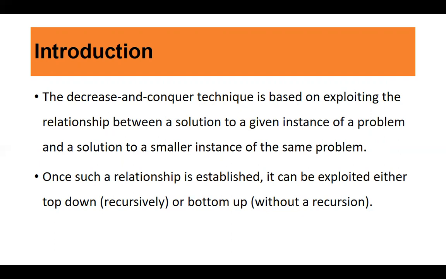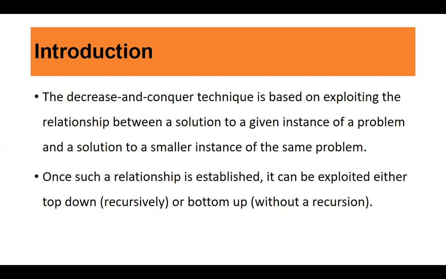As compared to a divide and conquer strategy, the decrease and conquer strategy comes with three versions, whereas in case of divide and conquer, we don't have any versions, it's only one version. In divide and conquer, it divides the problem till it cannot be further divided, and then finds the solution for the small instances of the problem, and then integrates the solutions into a total solution for the given problem, right? So this is how divide and conquer works.